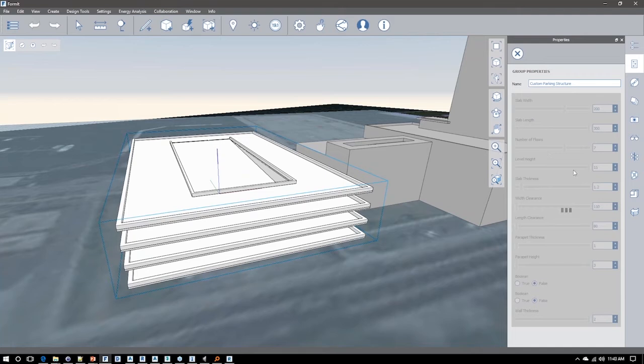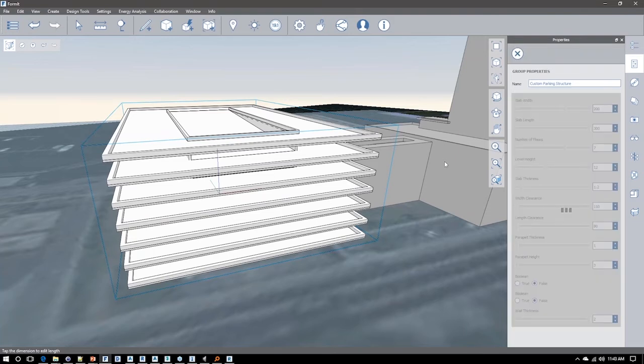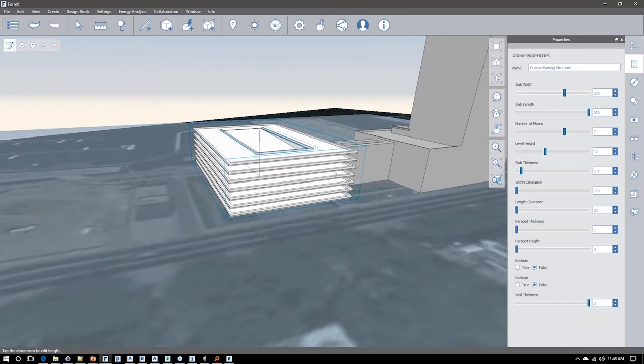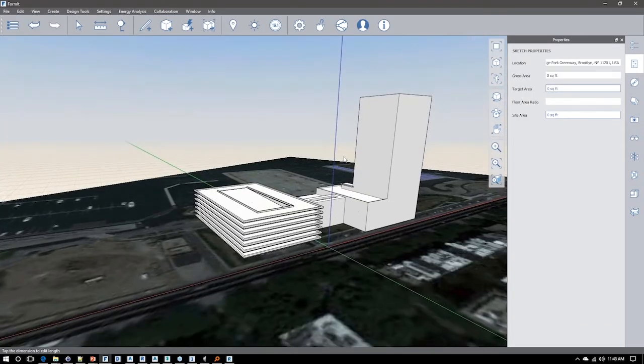So as soon as that updates, give it a second. All right, so you see I had a number of floors. I can change the level height in between these. And all this is coming from a Dynamo script that I published and have brought into Format. All right. So again, very easy, easily accessible functionality within a product that if you already own, you should be